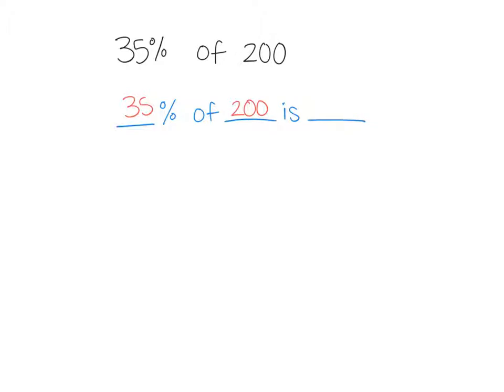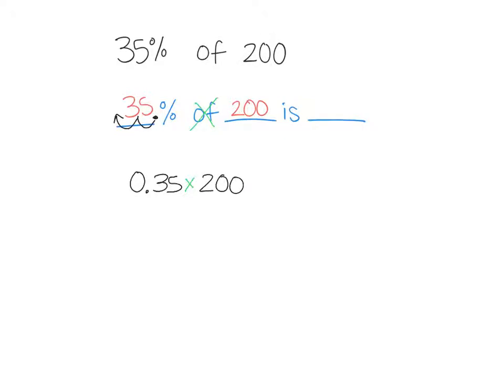So see if you can remember, what do we do first? Hopefully you remembered that we take the decimal in the 35% and move it 2 to the left to make it a decimal, 35 hundredths. And hopefully you also remembered that of means times. So 35% or 35 hundredths times